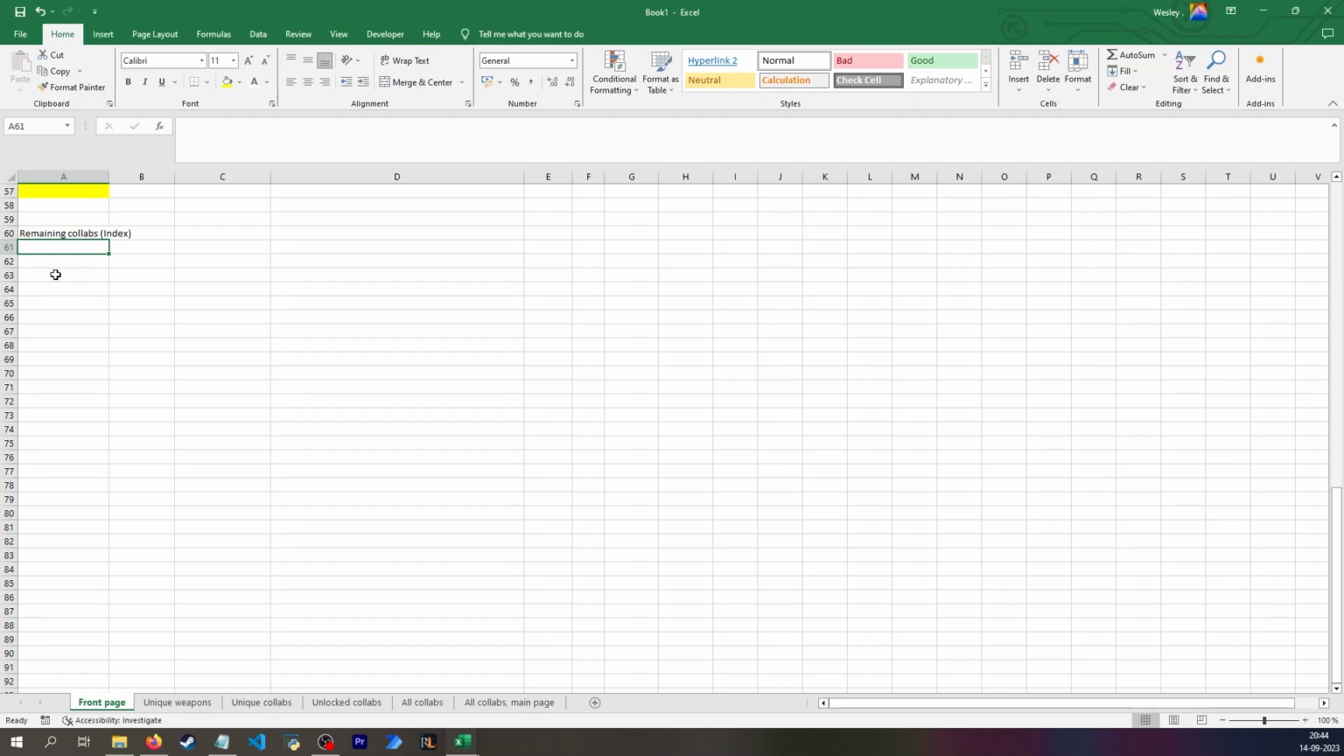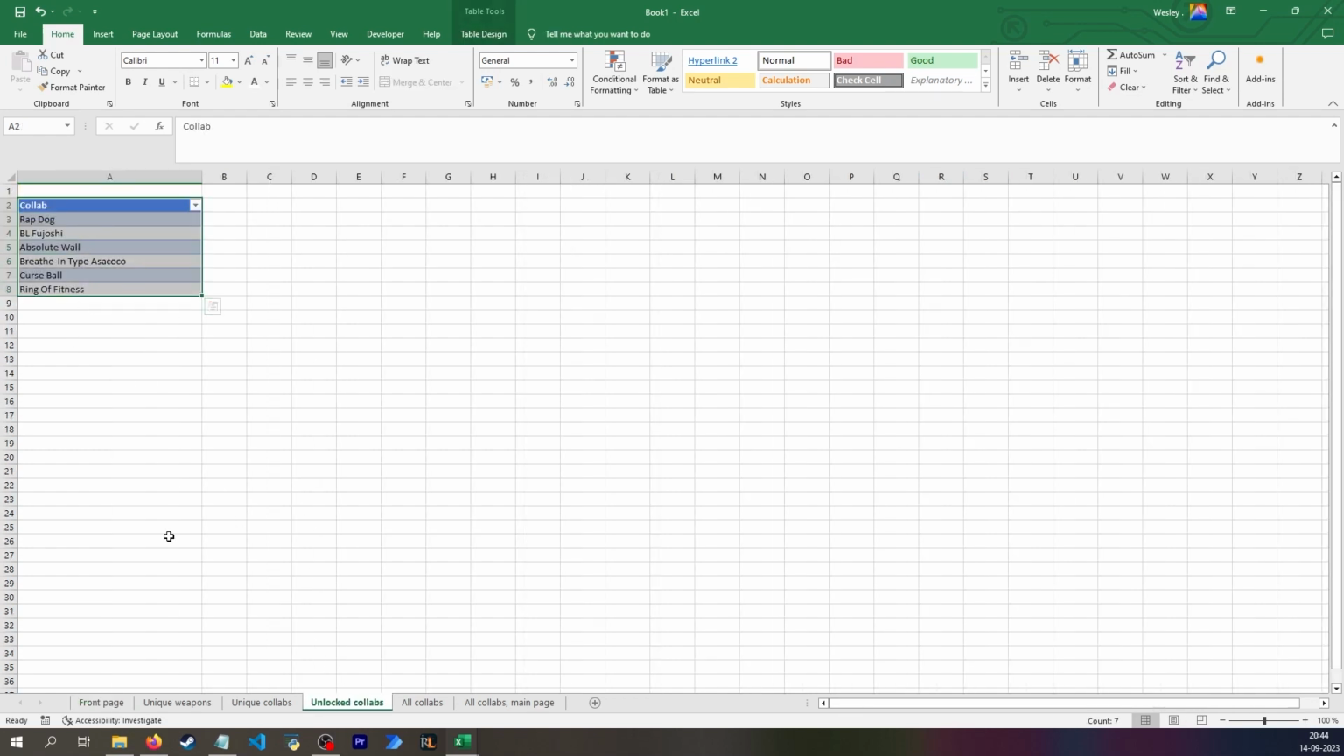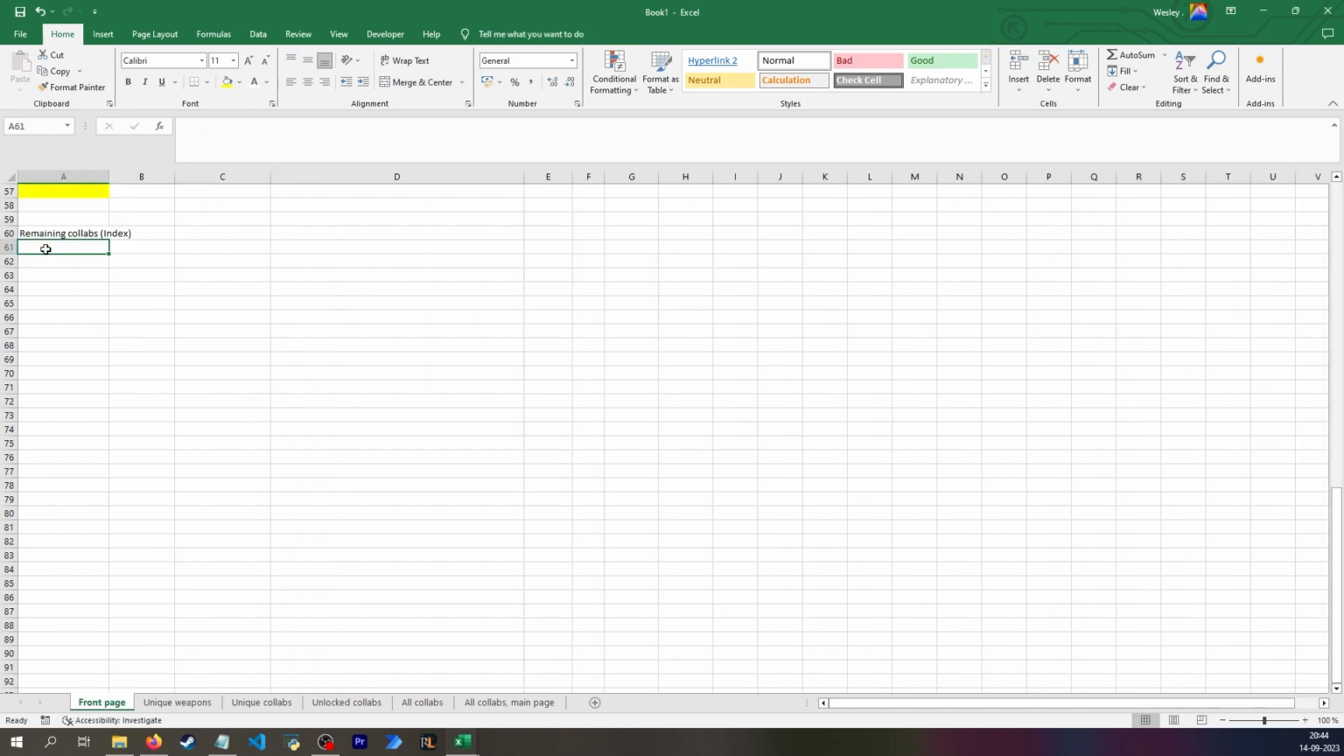Picking up where I left off last time, I now want to get all of the remaining collabs, so the ones I don't have inside this table. Because I don't have access to Excel 365, this is a big ordeal, but what I'll be doing is first